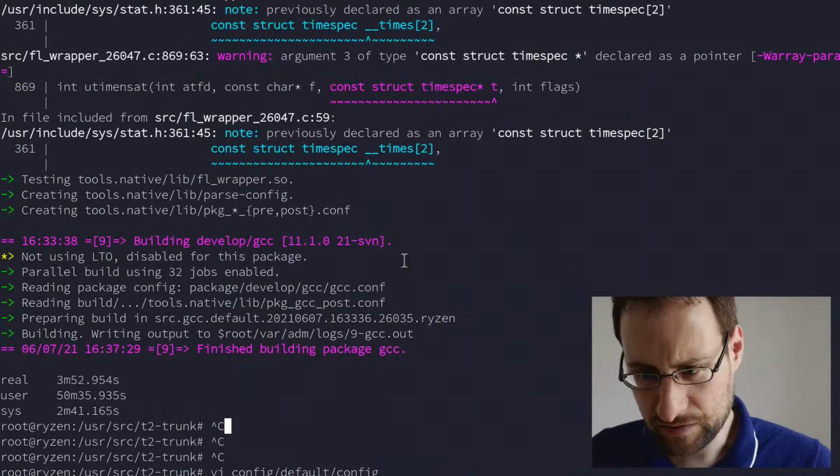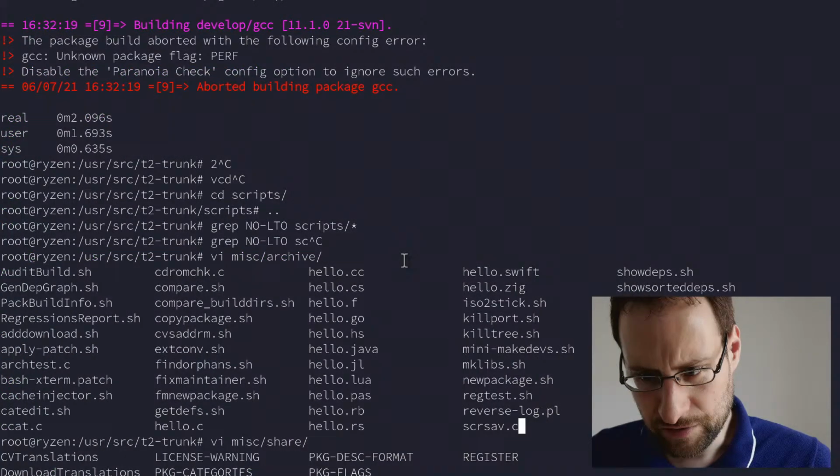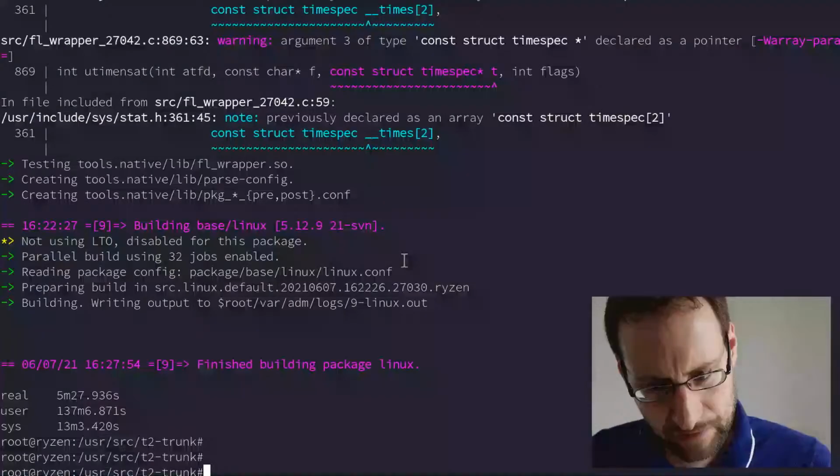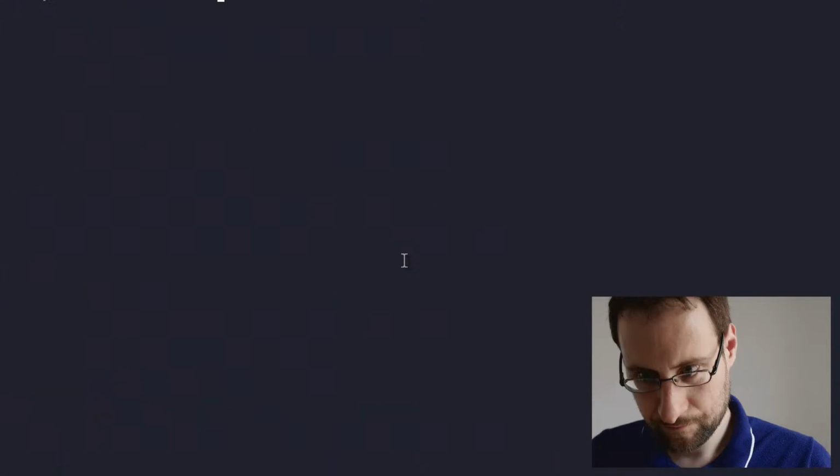Where was the last Linux kernel here? Linux in, oops. Yeah, 527. I also need a brand new virtual machine, so that helps. So 527,